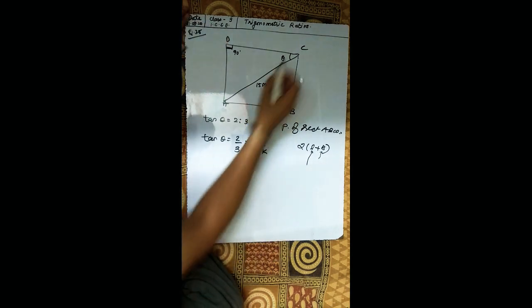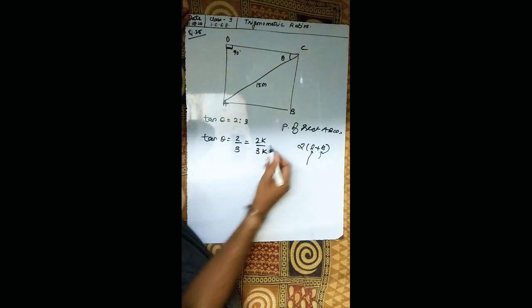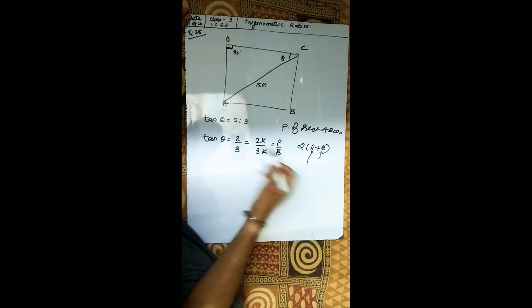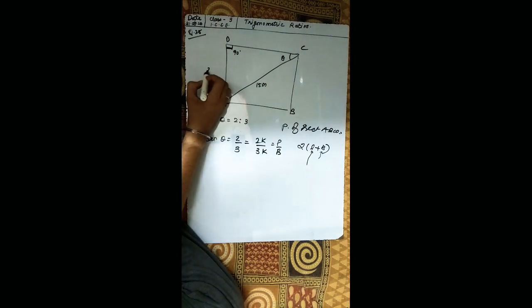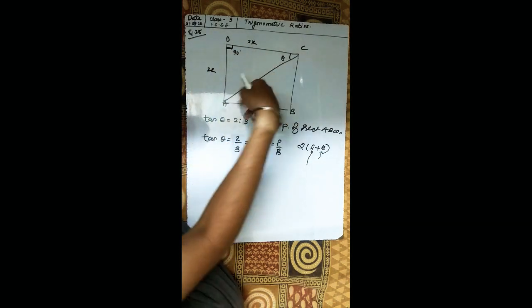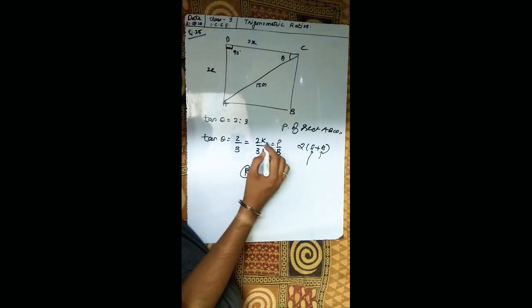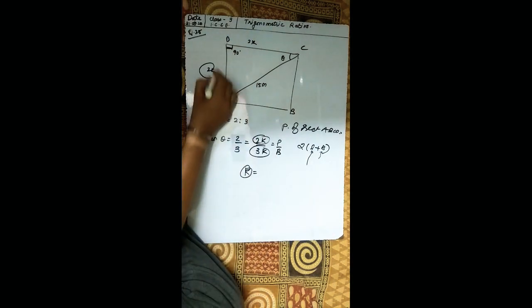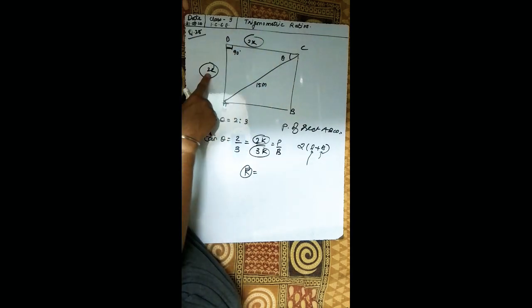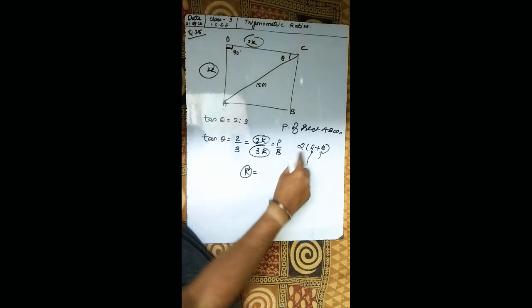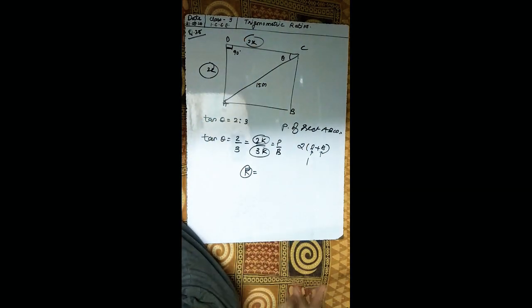So this is 90 degrees. This is theta. As we know that tan theta is equal to perpendicular upon base. If theta is here, then what will be the perpendicular? This will be the perpendicular. So 2k and 3k. Now use PGT in this triangle, get the value of k. Again put it here and here, and get the sides. So this will be the breadth and this will be the length, and use the formula 2 into L plus B, and get the perimeter of the rectangle.